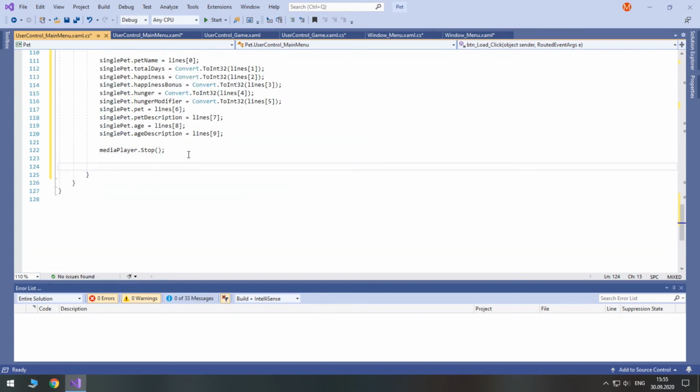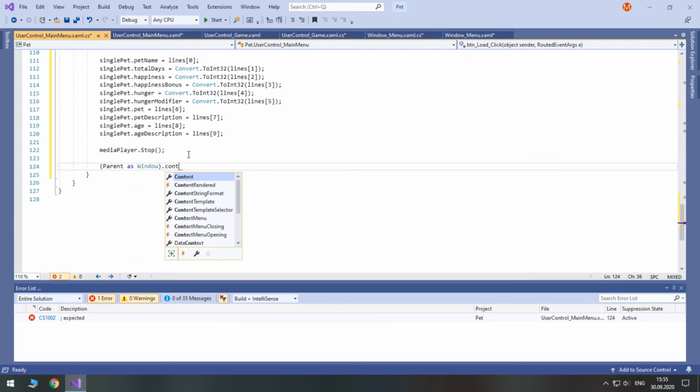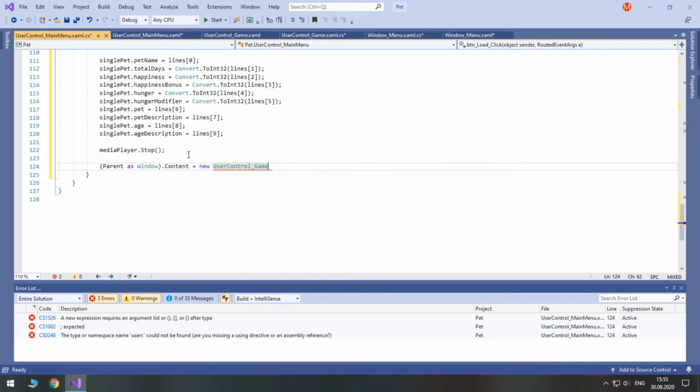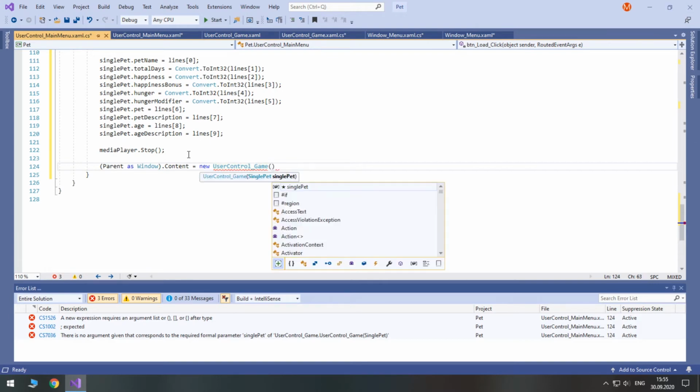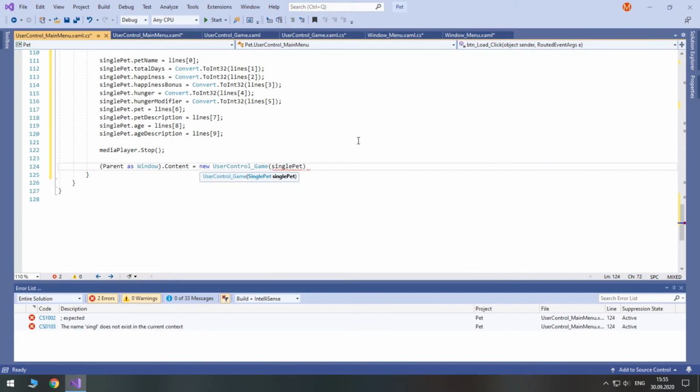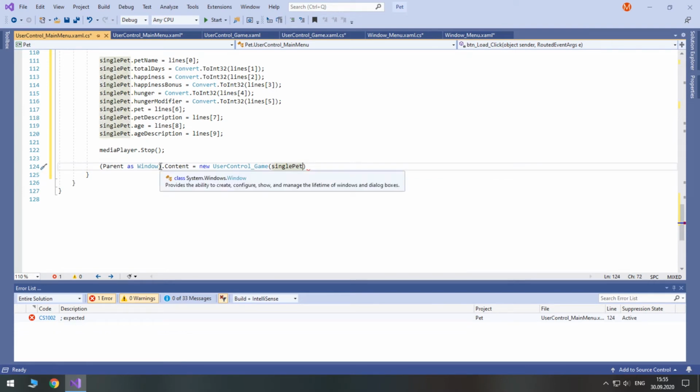As for any transition, access our parent as window and its content and assign it to a new user control game. And here we will need to pass a lot of parameters. The first one will be easy, it's our single pet. But also we need to pass our resources and item status and so on.